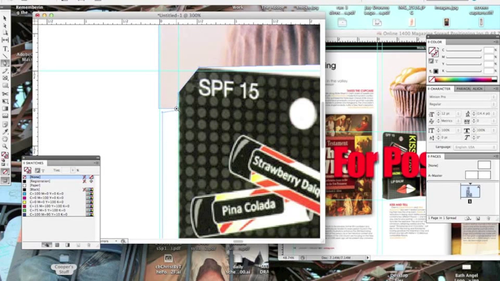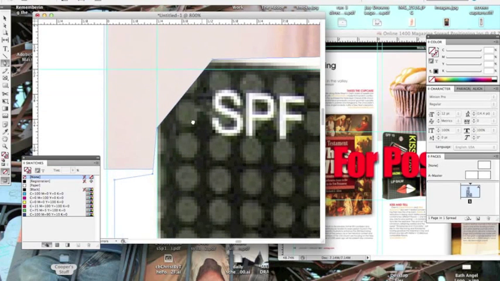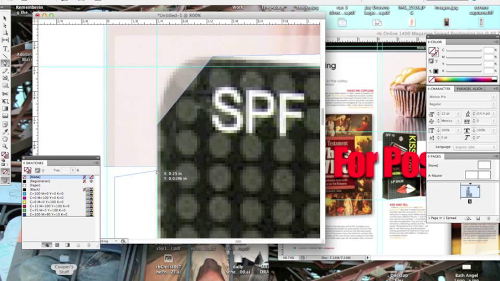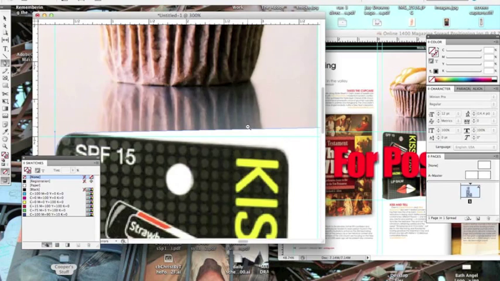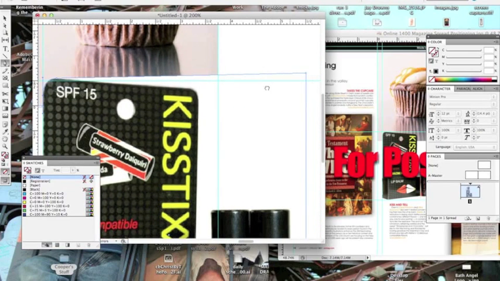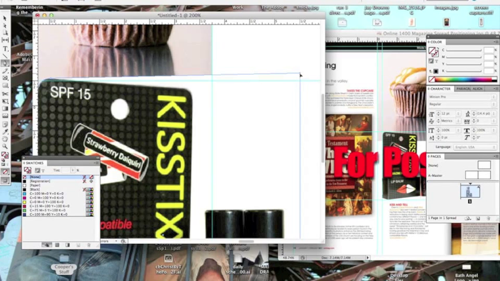Now with this, I've got to get in a little closer and make sure it's nice and tight against there. Now with this, I'm just going to push my Option key so I get that Convert tool, just like in Illustrator. I'm going to drag that up until I've got that edge. And now I'll do the same thing over here. I'm going to select this anchor point, drag it down,